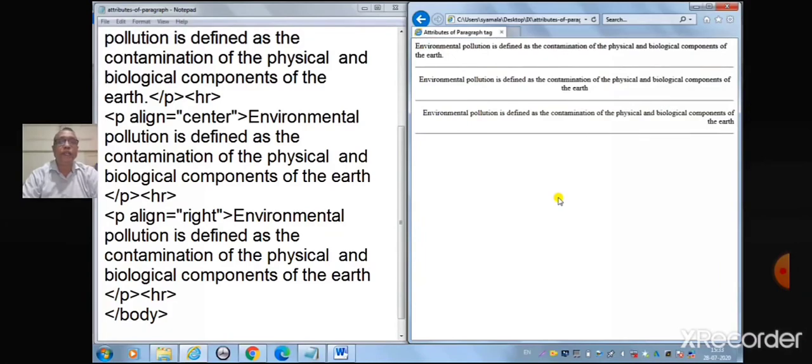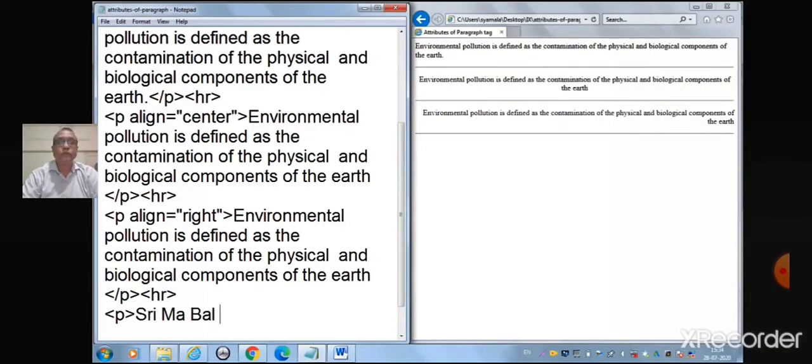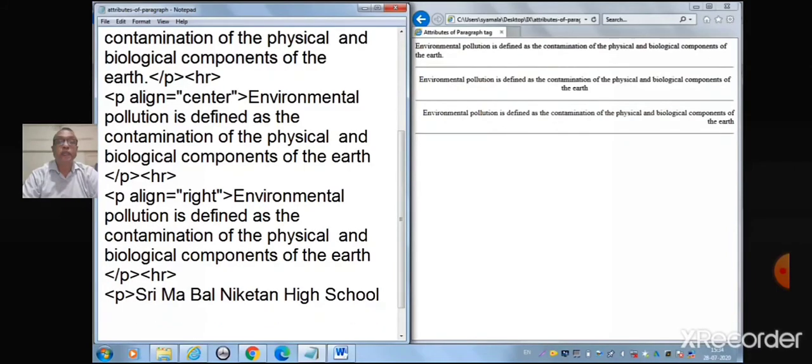Now we will see the execution of BR tag. We'll start with a fresh paragraph. P tag, Sri Ma Valniketan High School. Enter. Eastern Express Highway Service Road.